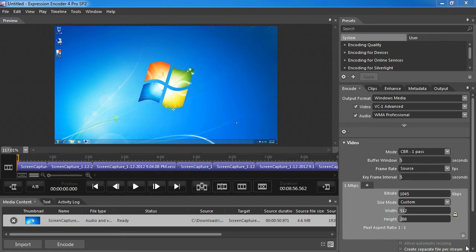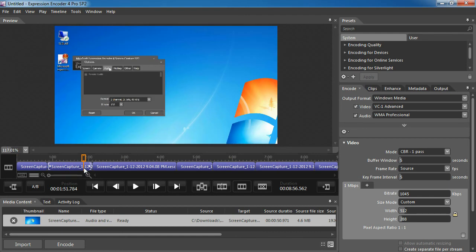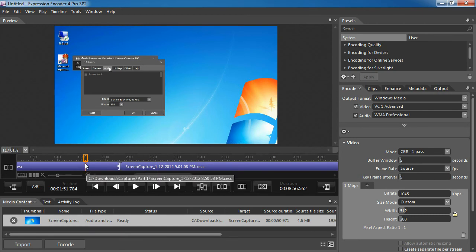So the first thing I'm going to do is cut out some of the slack space at the end of one of the recordings here. I know in one of these I ended up struggling with the keyboard, getting the cursor to where I wanted, and being able to stop the recording, so there's 10 or 15 seconds of total dead space. That would be awkward in a video. So I'm going to move my cursor over towards near where I think it is, and I'm going to zoom in on the timeline here because it's going to make it easier to work in the editor when there's less time occurring here. So I'm going to go to, I don't know, about the 155 mark,